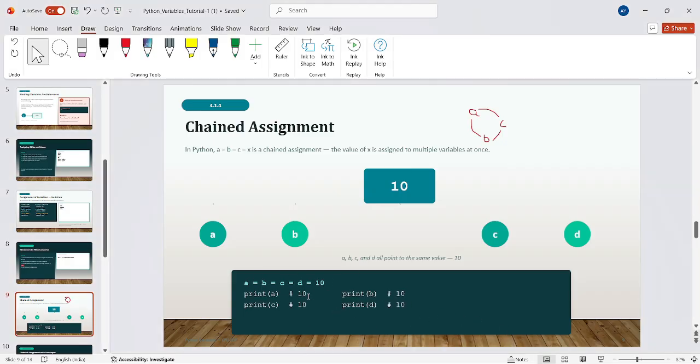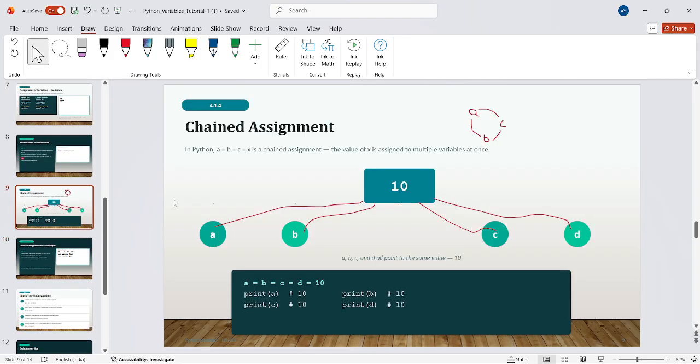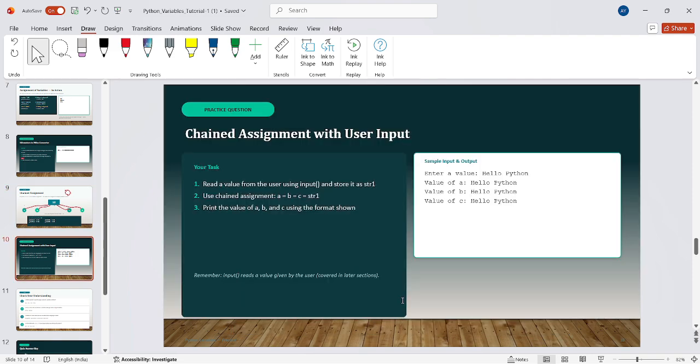ये जैसा यहाँ पे भी लगाया गया है, मैंने लगाया प्रिंट ए 10, प्रिंट सी 10, प्रिंट बी 10, प्रिंट डी 10। ये देखिए डायग्राम से आपको और क्लियर होगा। एक ये वैल्यू स्क्वायर साइन है, ये भी स्क्वायर साइन है, ये भी वैल्यू स्क्वायर साइन है, और जो ये वैल्यू स्क्वायर साइन है, ये वैल्यू सेम इधर भी जा रही है, ये इधर भी जा रही है। तो ये इंटरकनेक्टेड है, हम लोग कह सकते हैं। तो ये आपको अच्छे से समझ में आया होगा, आई होप। चेन असाइनमेंट, एक ये भी हम लोग समझ गए, हाँ ठीक है।